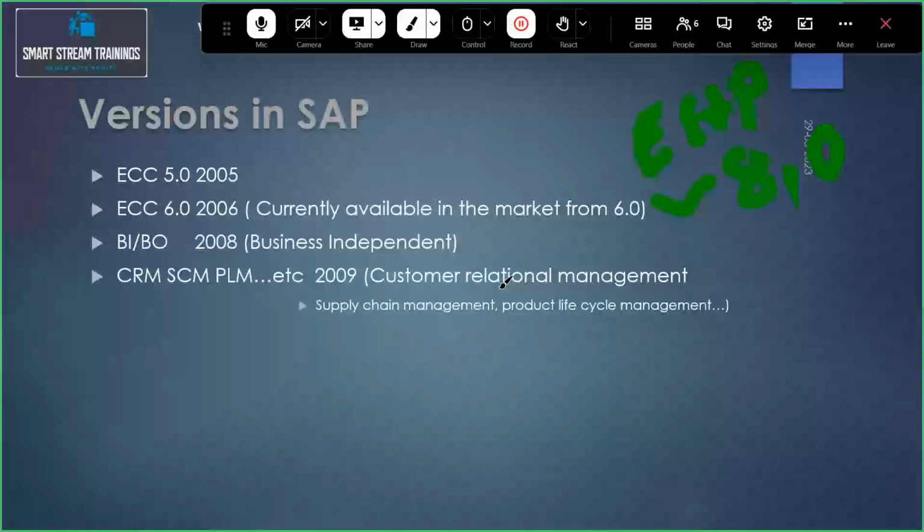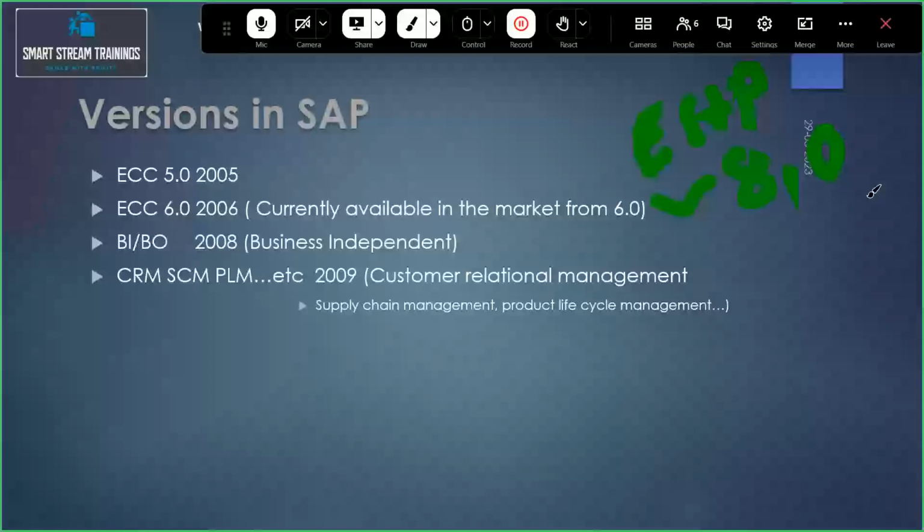But what SAP does is acquire their tools and include them in SAP, so that going forward the count increases, and till now we have 200 above modules in SAP. So how did they add them? Through this enhancement package. This is the last version of the enhancement package, 8.0, inside ECC version 6.0.